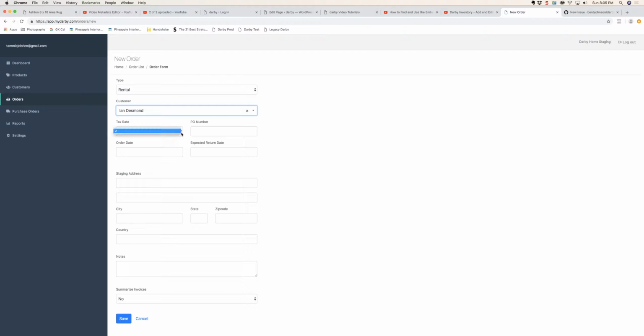If a tax rate applies, you can select that from the list, as well as if a PO number exists, you can enter that here. For order date, you can either select the appropriate date. In our case, our order date is the actual staging date. So even though we're creating the order today, we're not staging this house until the 31st, which is the date